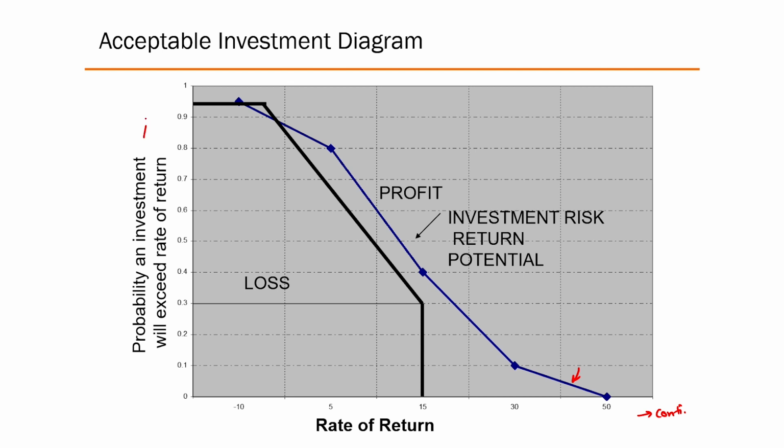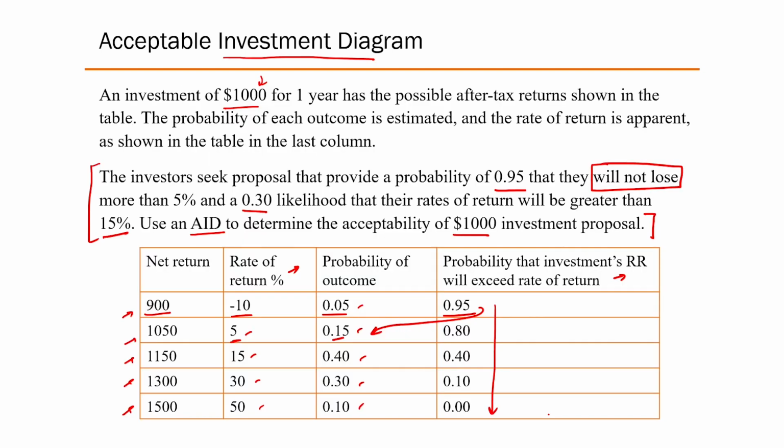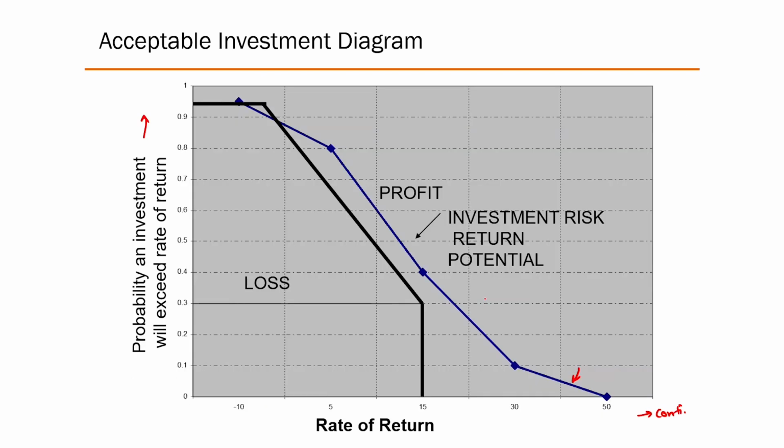Here is the cumulative probability equivalent. Here is the rate of return on the axis. You can make it more uniform. That's not a problem. But assuming that, first is minus 10%, and there's a 95% probability that it will exceed. So there's a 95% and minus 10 in the middle of that. You plotted this particular point,